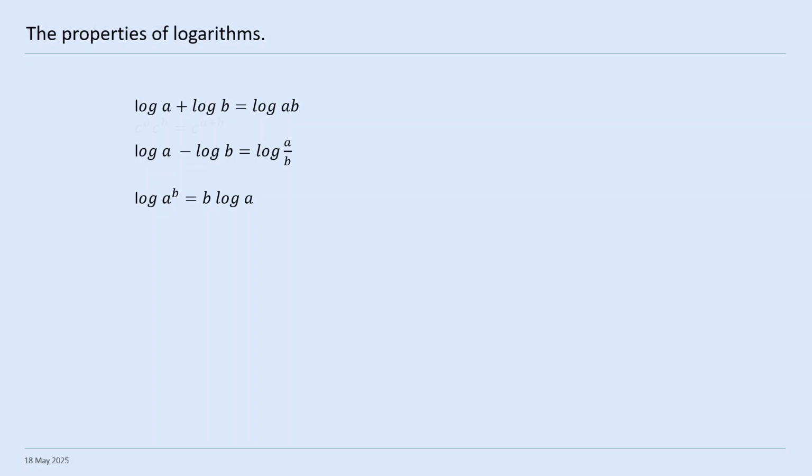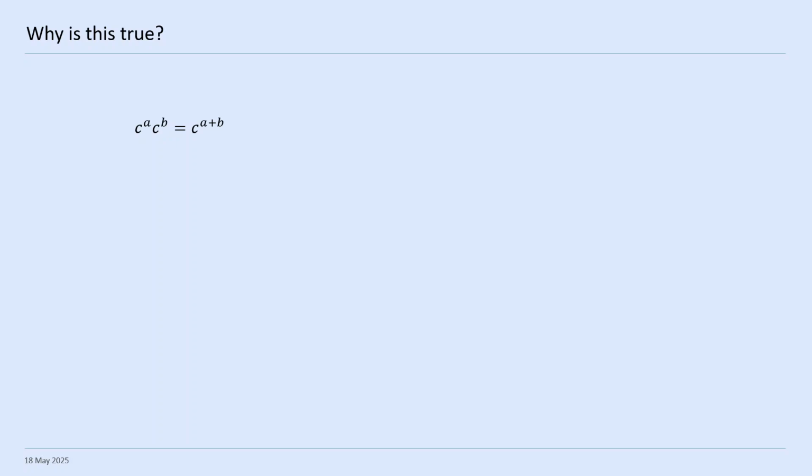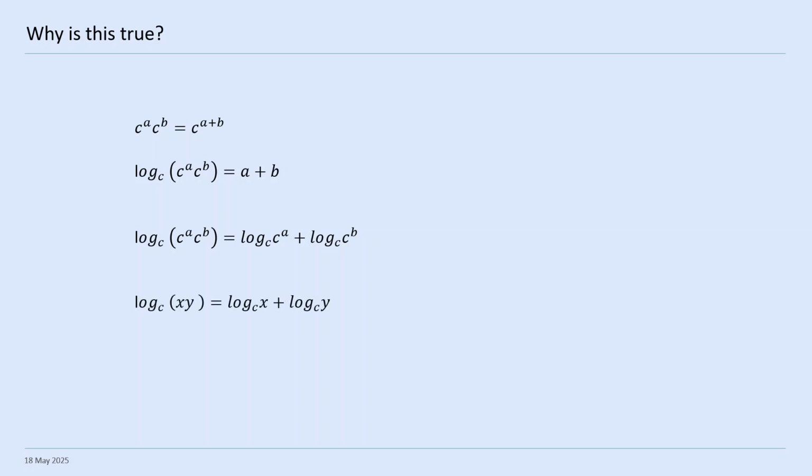But these laws kind of work with logs. We're going to prove them because we like to prove things in maths. So c to the a times c to the b equals c to the a plus b. This is a basic law of indices. I'm going to take the log to the base c of either side. On the right hand side all we have is a plus b, because log to the base c is just the inverse of c to the power. Then we're going to rewrite a as log to the base c of c to the a, and b as log to the base c of c to the b. Then we're going to swap c to the a for x and c to the b for y, and